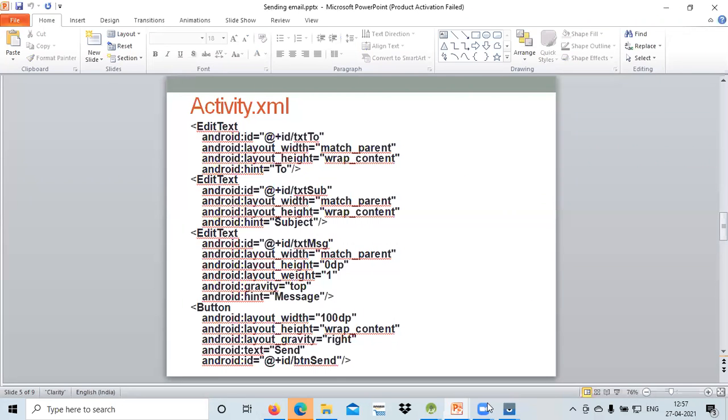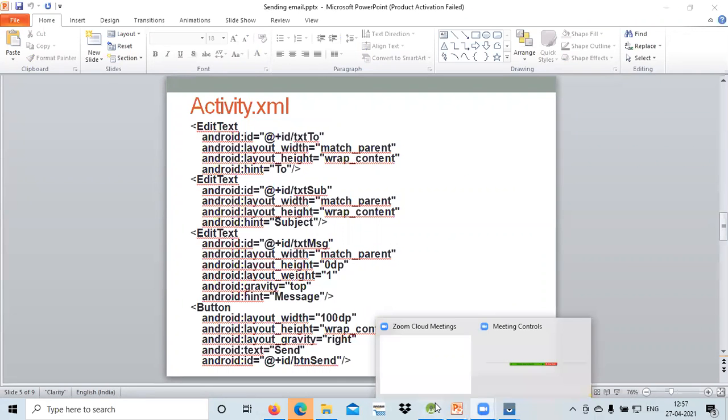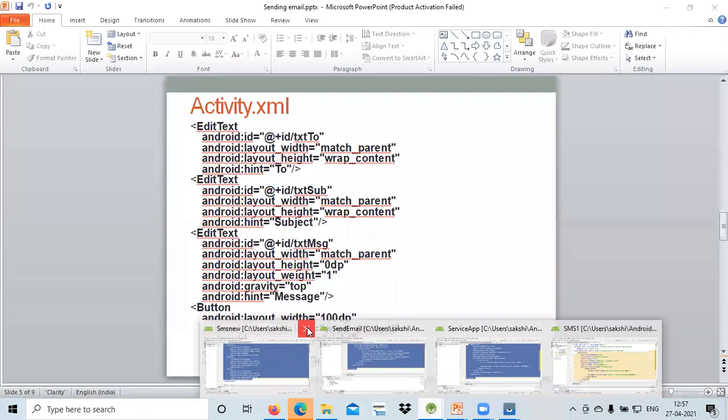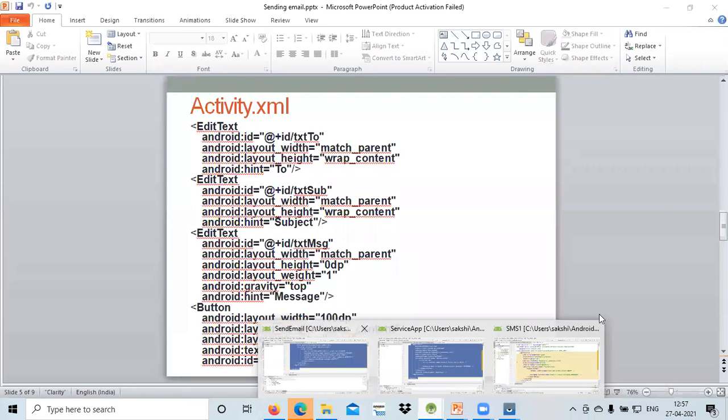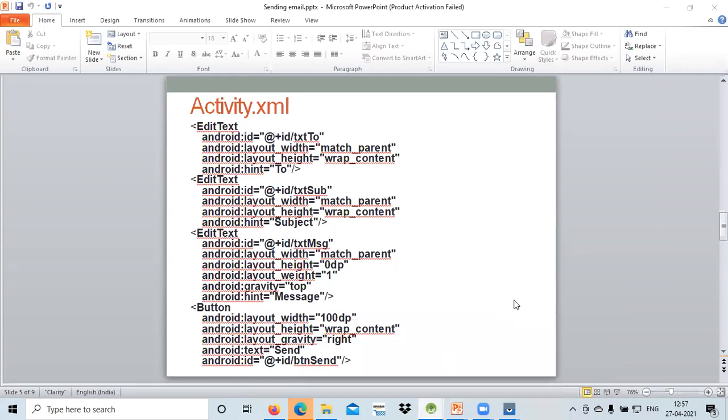Now I just directly show you that particular part. So we are having this sending email part.